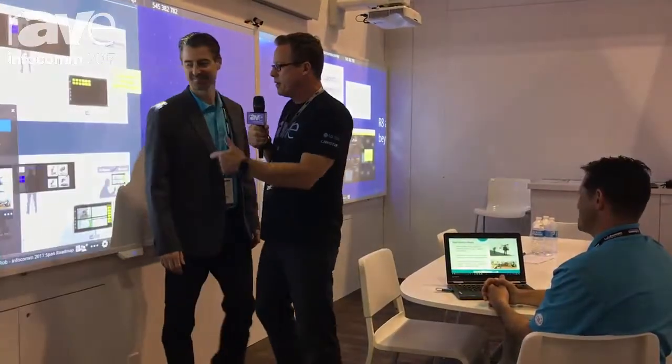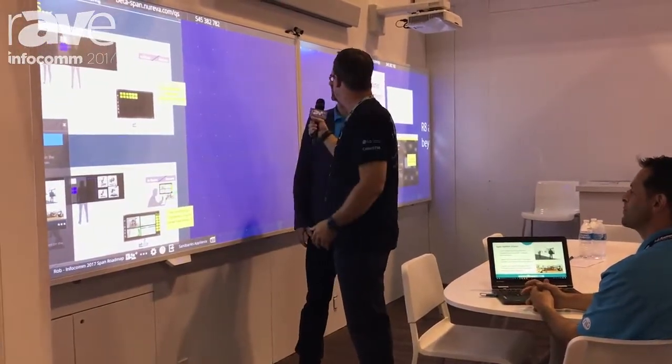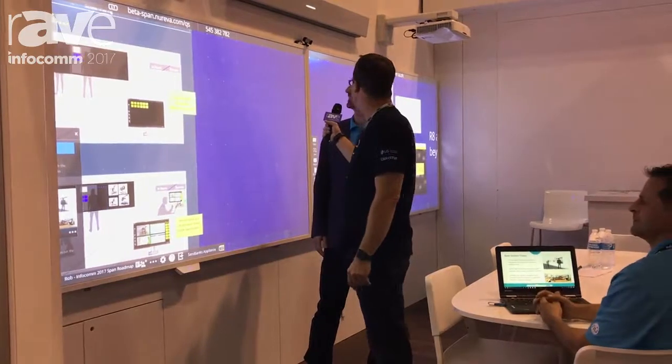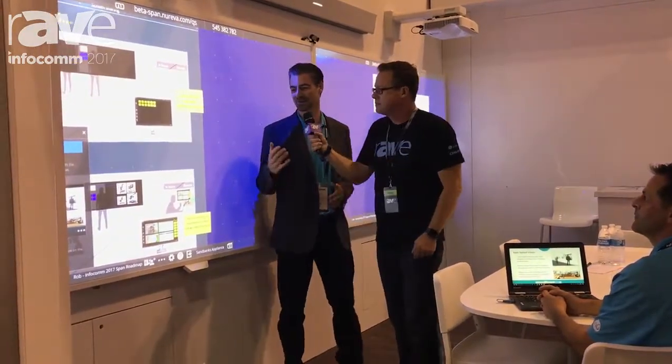So tell me what I'm looking at here. Now, obviously, this is a traditional Span system, it looks like. Yeah, absolutely. Nothing fancy about the hardware. With an HDL 300 at the top. Yeah, they work really well together to promote active collaboration, just like we're doing here, standing in front of a board. So building on what we just saw with QuickShare, we take that idea from not only sticky notes and images, but how could we extend that metaphor to live applications?